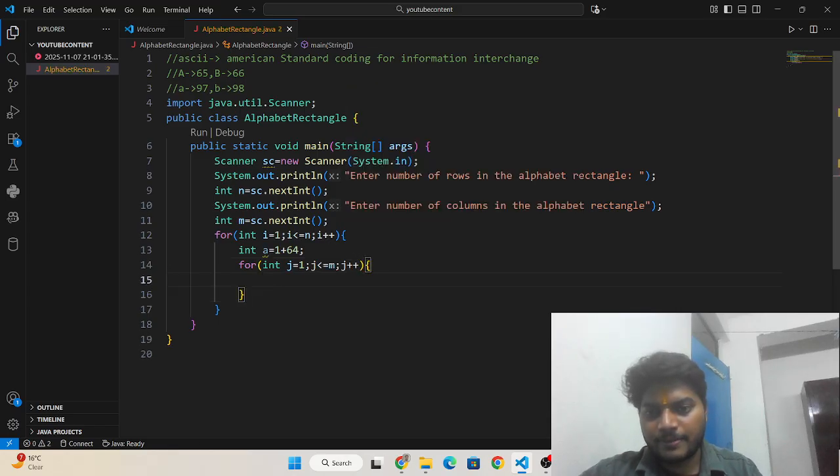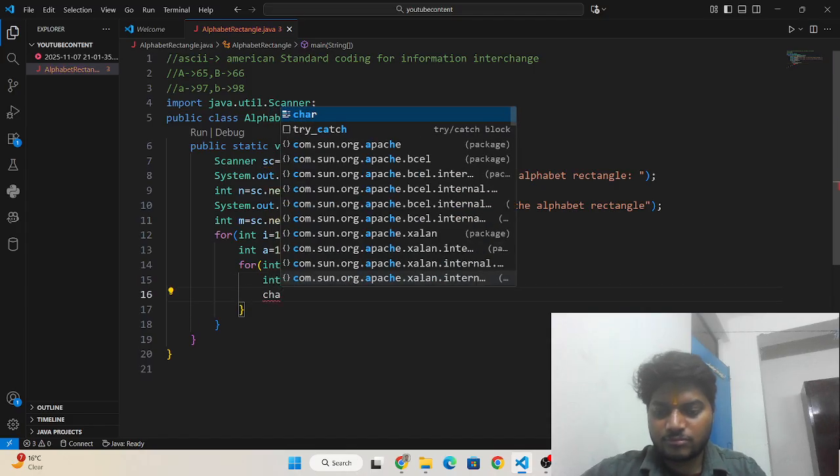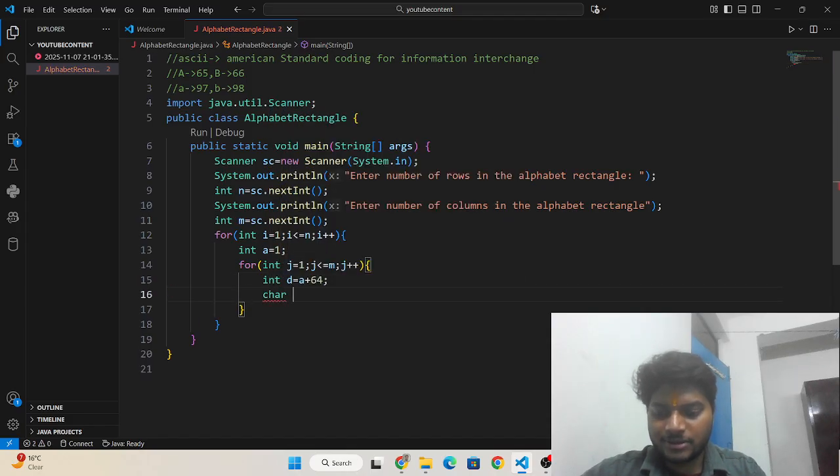And then I need to write int d = a plus 64. I need to convert this integer value d into a character, char of d, okay.